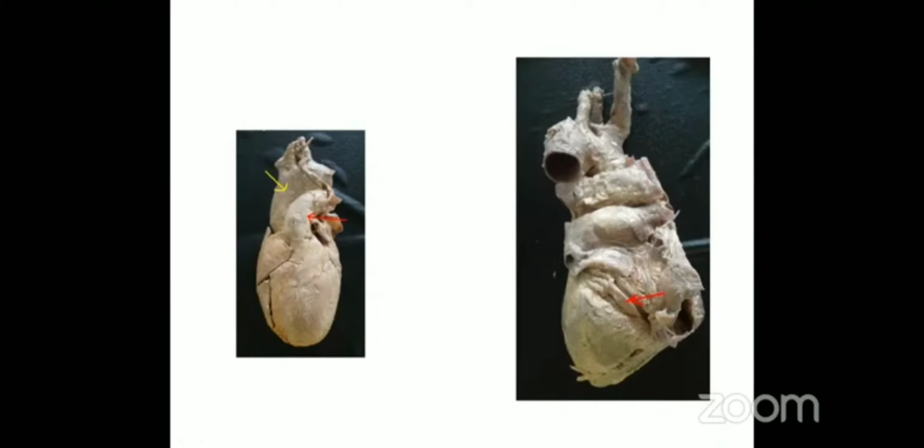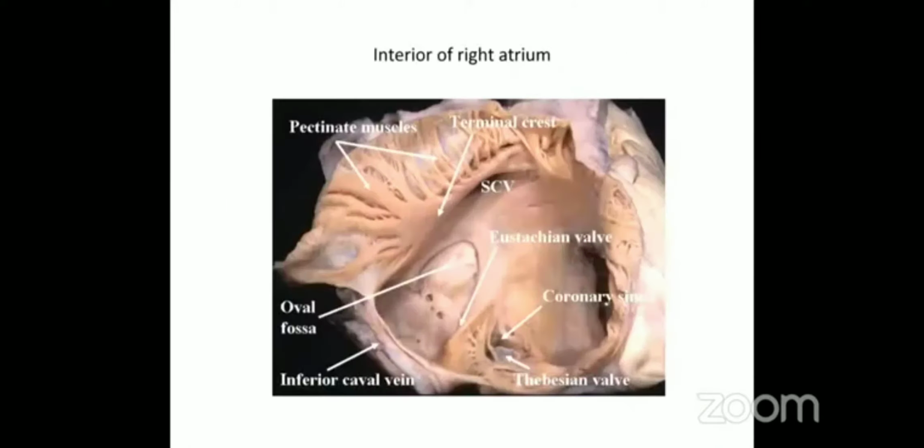Now coming to the interior, especially the interior of the right atrium, you have to draw a well labeled diagram if it is asked as part of LAQ or a separate SAQ, or if it is for your viva, you should know these features. Basically, this is the smooth part which you can see, and this is the rough part which is separated by this crista terminalis.